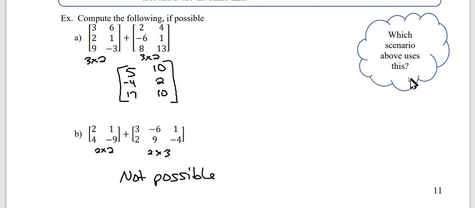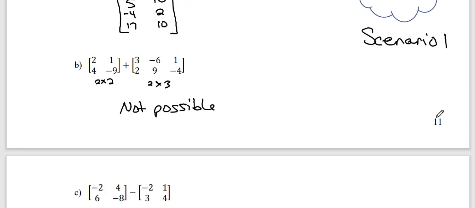Which scenario above uses this? That would be scenario 1, where you wanted to add shrimp, calories, fat, and protein to the chicken. You want to add cauliflower, fat, calories, and protein to the broccoli, and so on. You would just set those two matrices side by side and add those